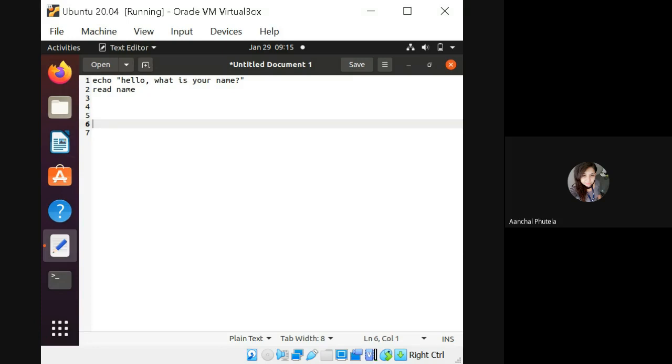For example, if I want to use I variable, I is equals to 0 semicolon. So before using I variable, I need to define that variable first. int I, it means I define the I variable of type integer.